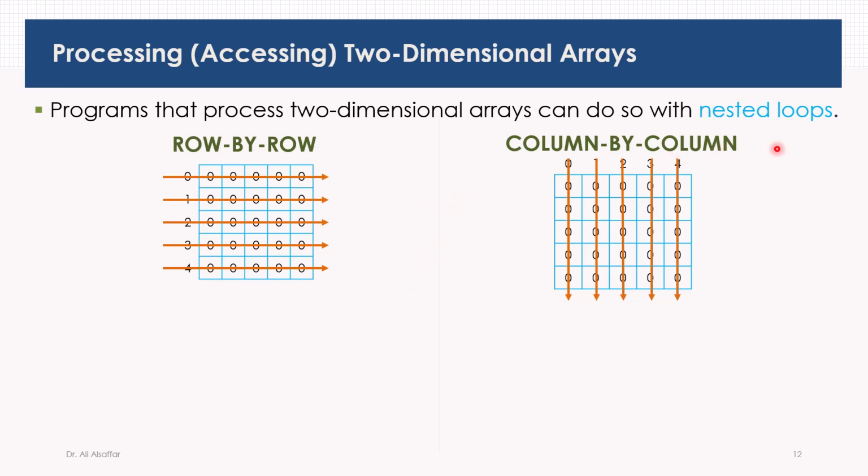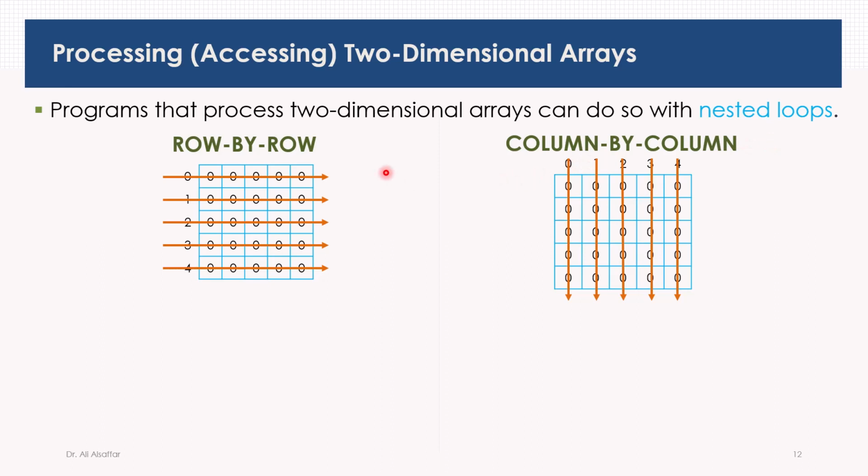We are going to use nested loops, so programs that process two-dimensional arrays can do so with nested loops. Again, what does it mean by nested loop? It means you have a loop inside another loop. We have an outer loop and we have an inner loop. The processing type, either row by row or column by column, is determined by the outer loop. If you write the outer loop that counts the number of rows, then we are processing the array row by row. And if you write the outer loop for the number of columns, then you are processing the array column by